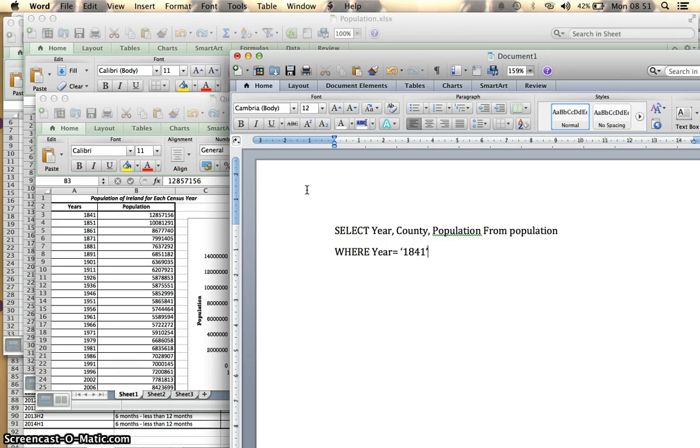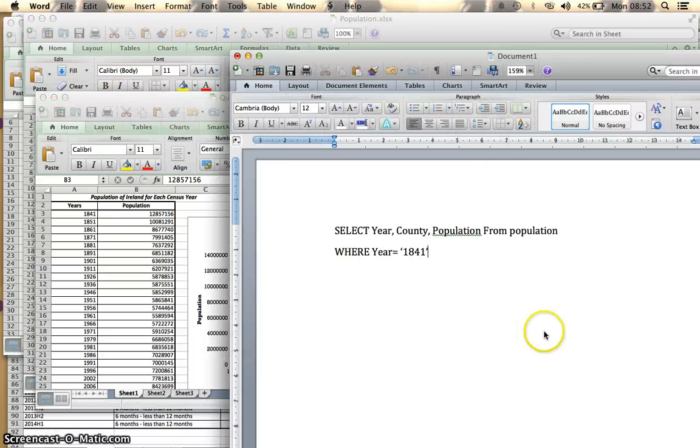When I use this in my SQL, it shows all the different counties and also the population in the year 1841. By using that, I copied it to my draft file, and directly I sum it